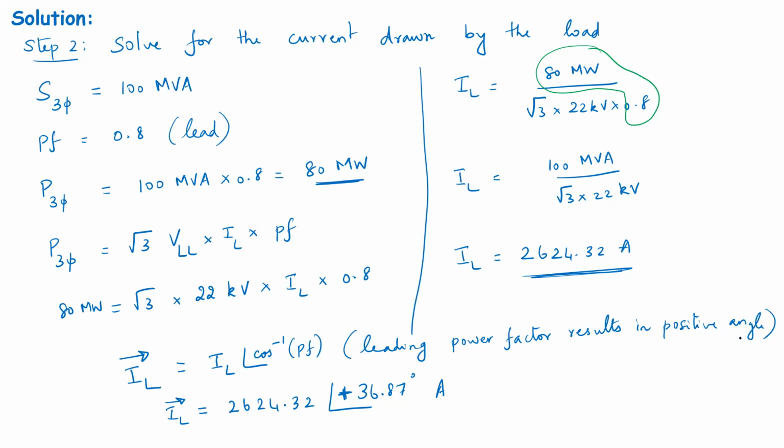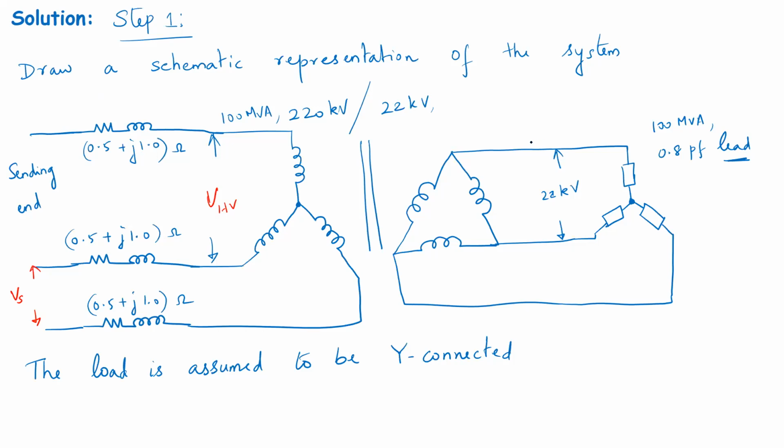Okay, leading power factor results in positive angle. That is something you need to keep in mind. Okay, so this is step 2. So now we can go backwards and we can indicate. See, this is the line current that we have solved for. So the line current IA is going to be equal to